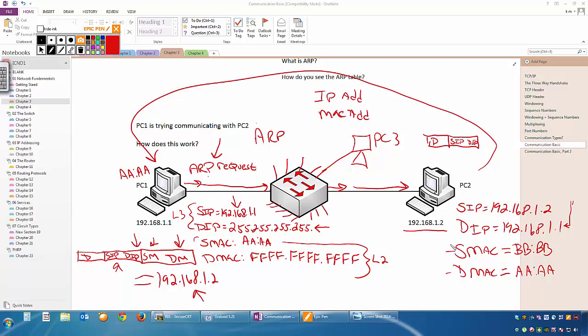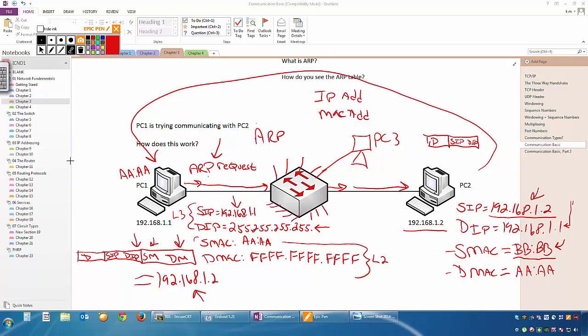And when PC1 gets it, he's going to see all this information. He's going to say, oh, it was sourced from BBBB. So the destination IP address I was trying to communicate with, 1.2, this information is now being sourced from 1.2, which is the original PC I was trying to communicate with anyway, and the source MAC address of 1.2 is BBBB, which means that is his MAC address.